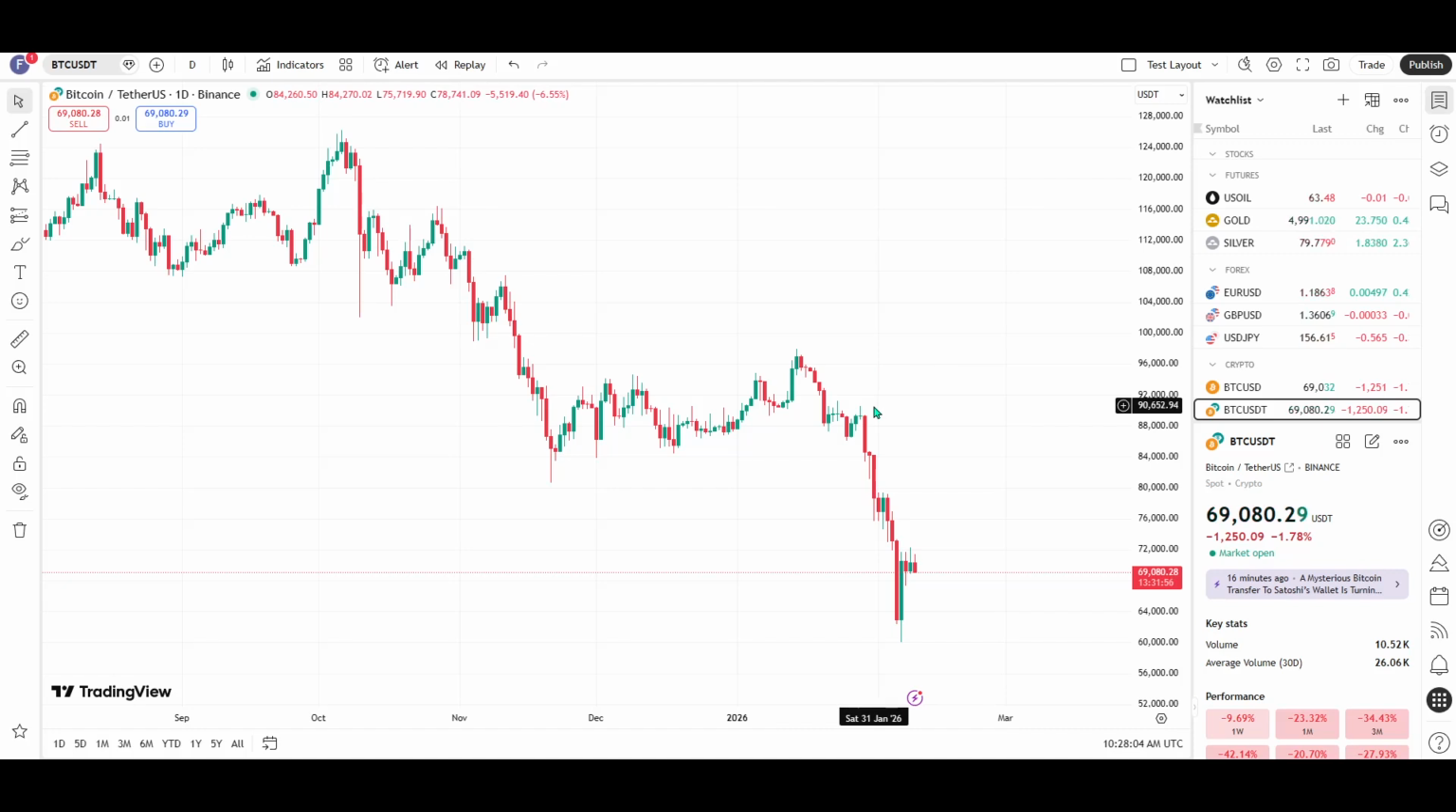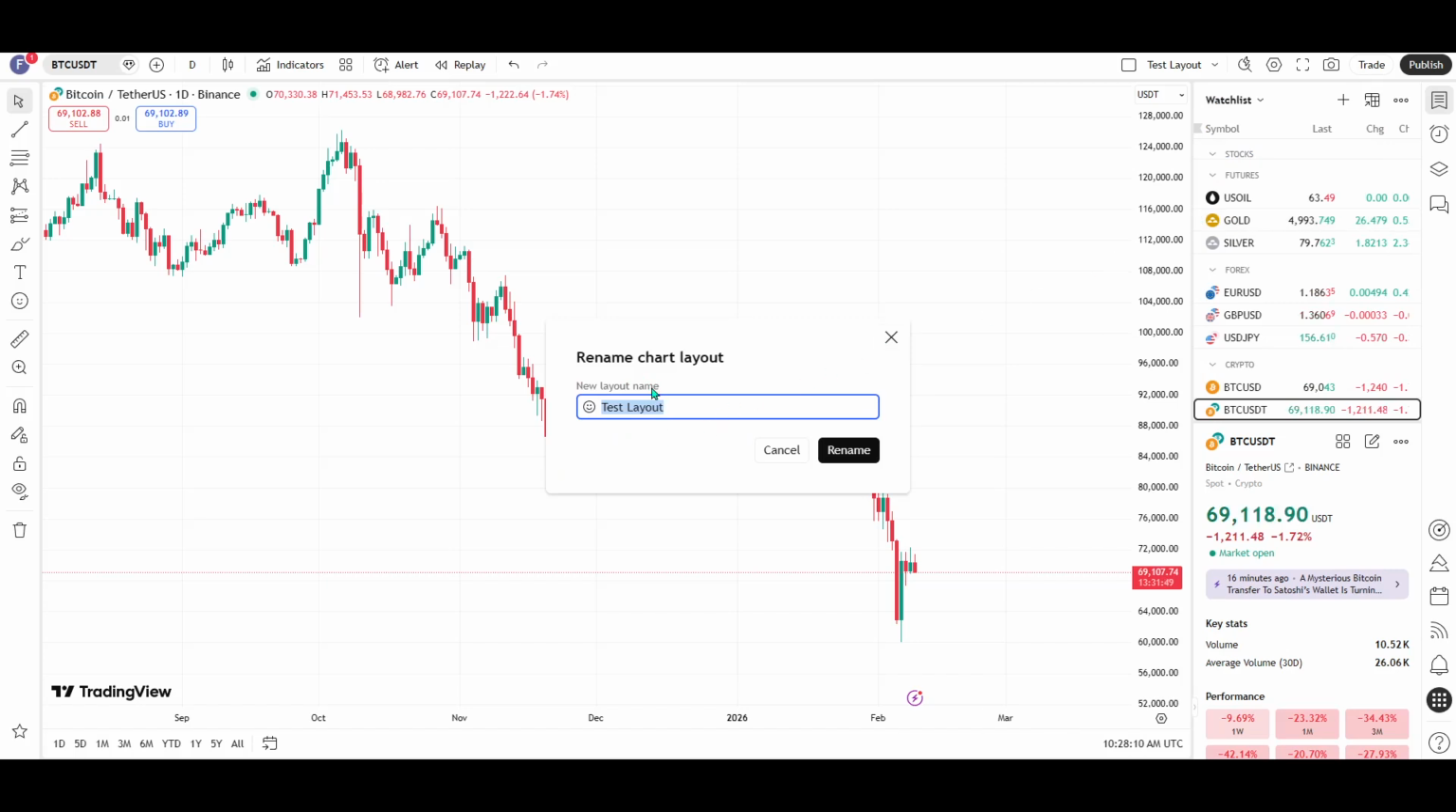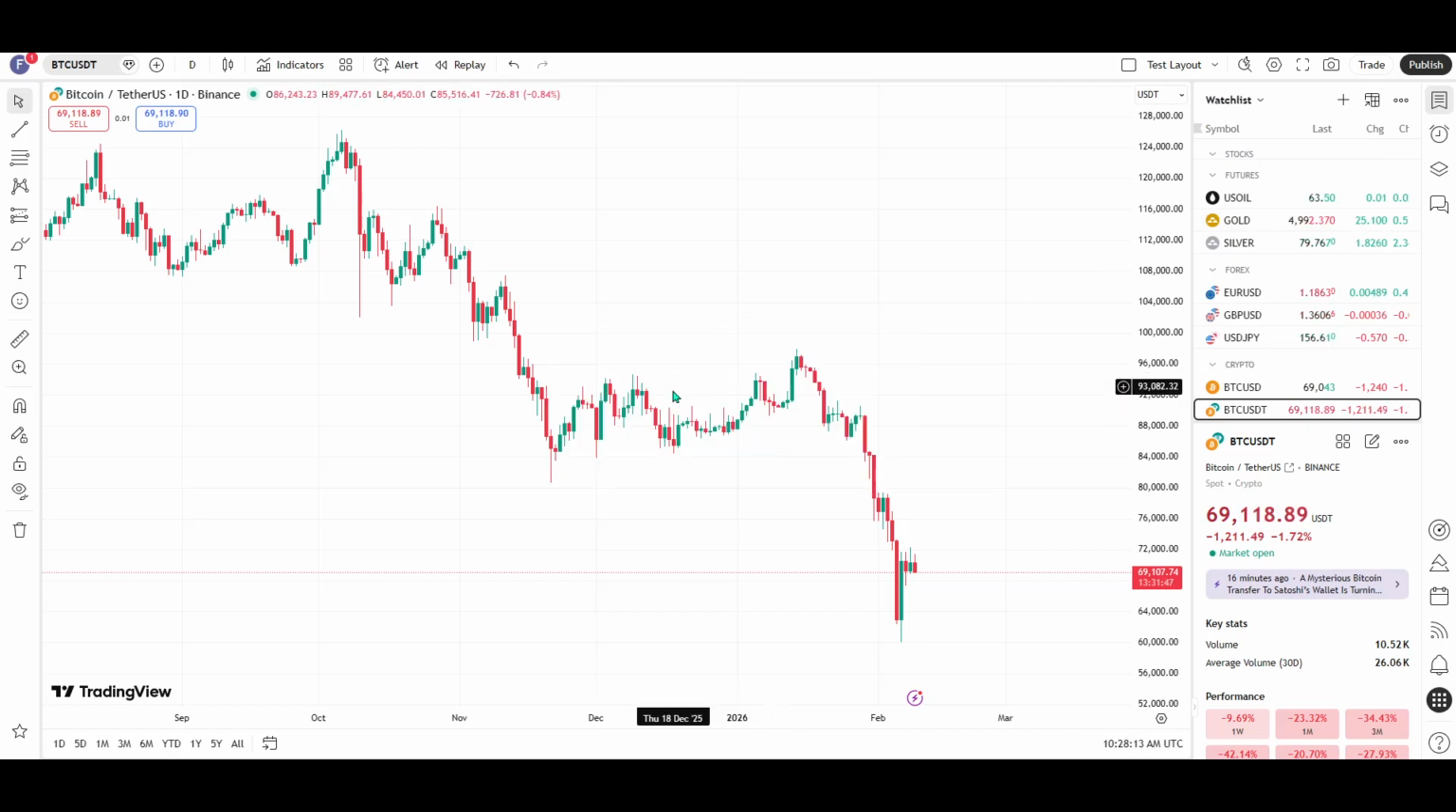You can also rename your layout so it's easy to recognize later. In the same menu by the caret, choose Rename, then type a clear, descriptive name that reflects what the layout is for. Something like Swing Setup, Scalping Clean, or long-term analysis. A good naming habit makes it much faster to pick the right configuration when you're juggling different trading styles or